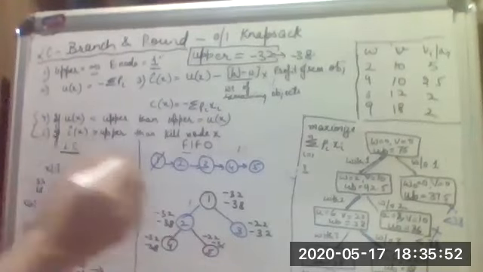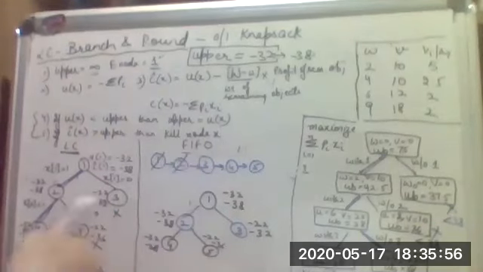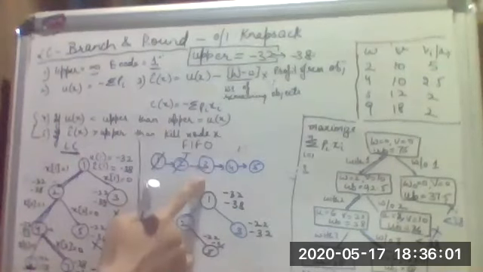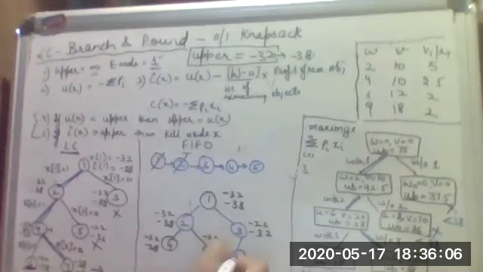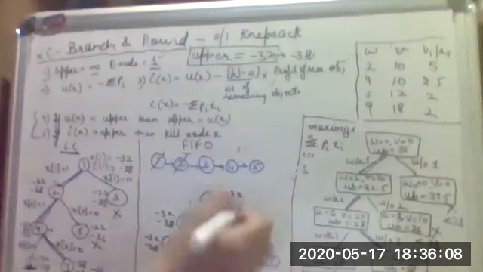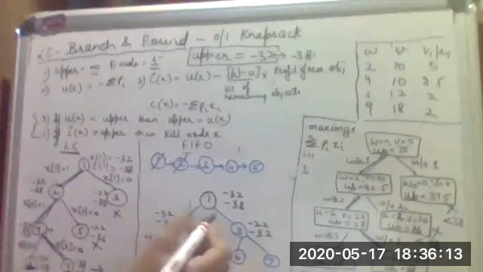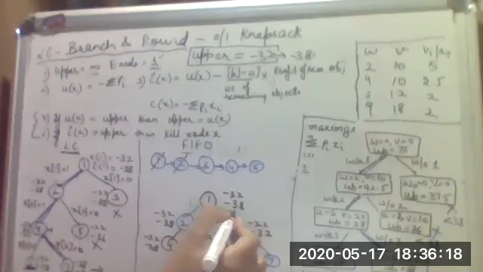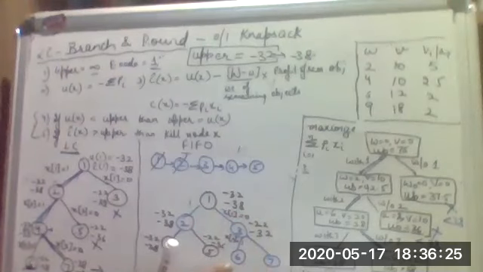And after this, the second node is done. It's not going to shift to the fourth or the fifth as we have done earlier here. Yes, it is going to generate the child nodes of the third. So that means we are going to have here 6 and 7. Fine. So for the sixth node, the first element is not there, that is x1 is equal to 0 and x2 is equal to 1. Yes, so we are going to do the computation for this.